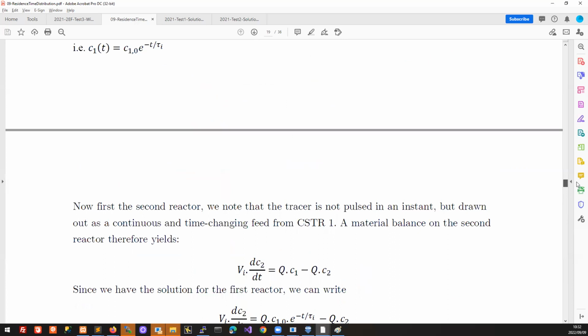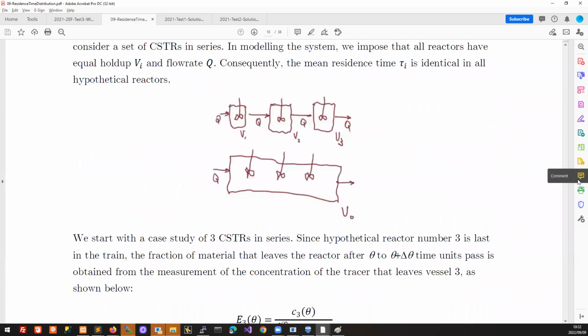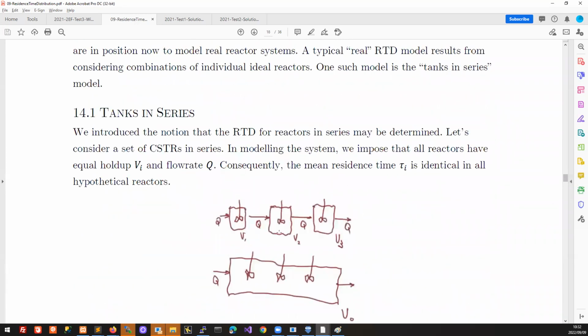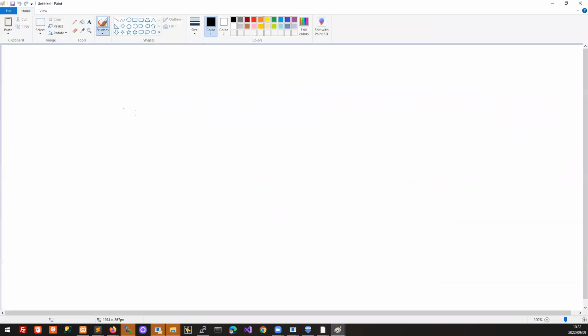So if we consider reactors in series, we can determine an RTD of this whole train of reactors. And by that, we do not mean that we have 3 reactors in series and we are somehow interested in the total RTD of a real train like this. What we are saying is that in our real reactor, it may well be the case that we have 3